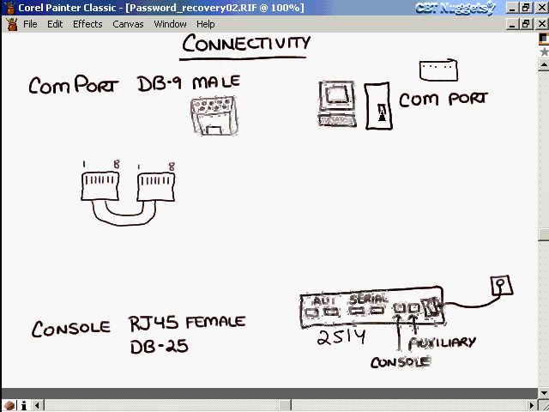All right, so let's get back to our basic idea. We want to connect out of this device, and the way we're going to do that is a communications port. On the back of every PC, you have one or more communications ports. They are normally 9-pin connectors, and you call those DB9 connectors. Cisco is going to provide you with a DB9 connector that looks like this, 9-pin female on this end, and on the back end, space for an RJ45 connector. That's the one that looks like a phone jack, but it's a bit larger